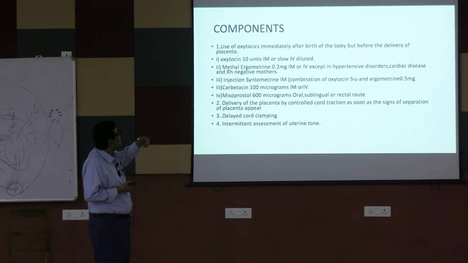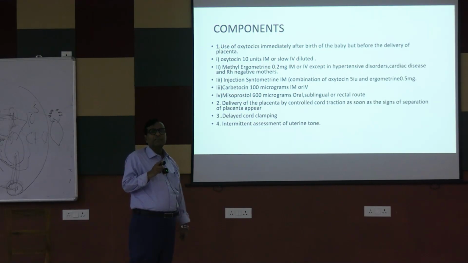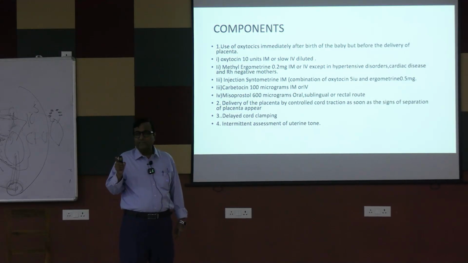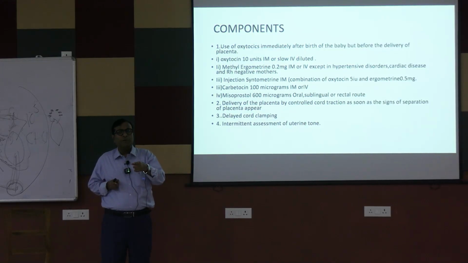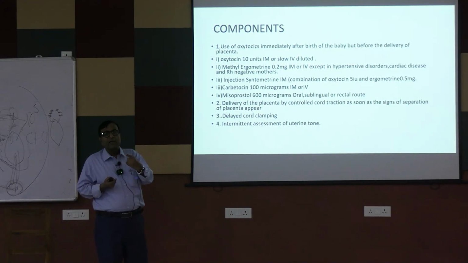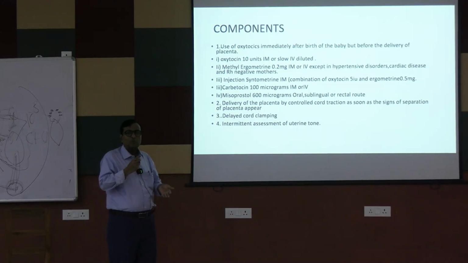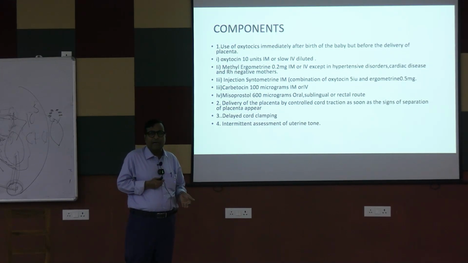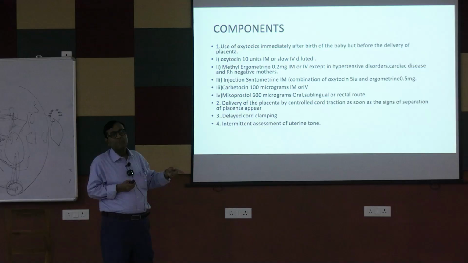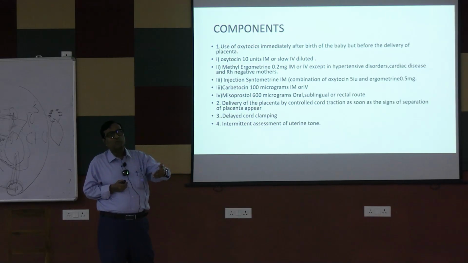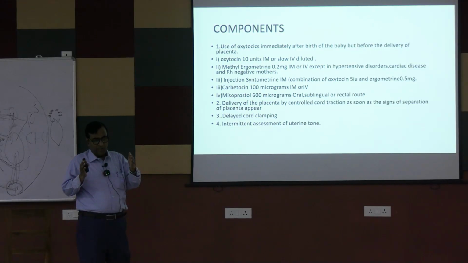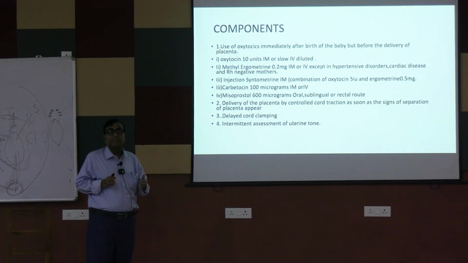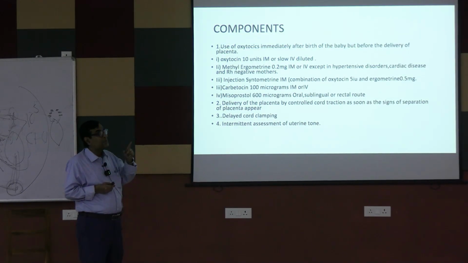Number 3, injection Syntometrine. Syntometrine is a combination of Syntocinon and Methergine, that is ergometrine. Its advantage is, in a labor room, if the sister is the only attending person, she is delivering, for her to give an IV injection is very difficult, and if you give an IM injection, the onset of action of Methergine takes almost 7 minutes after IM injection. So that is a good amount of time. In PPH it is said that count time in seconds, not in minutes. So it is very important.